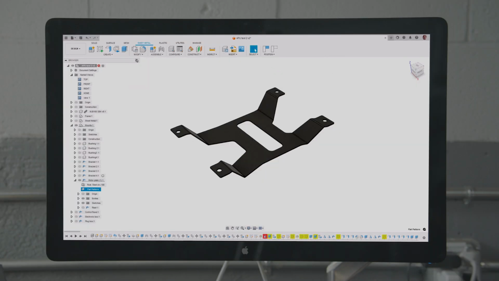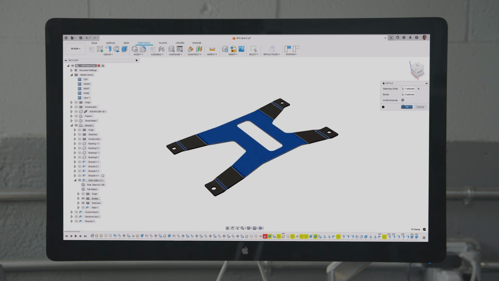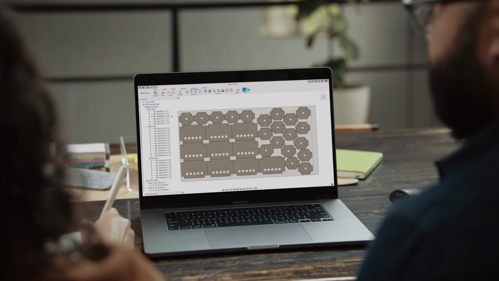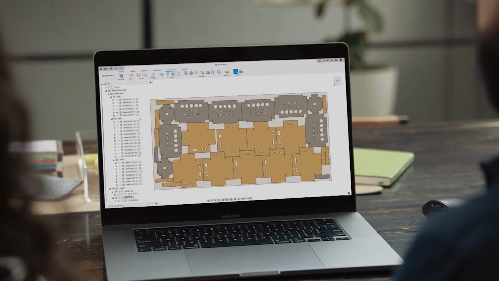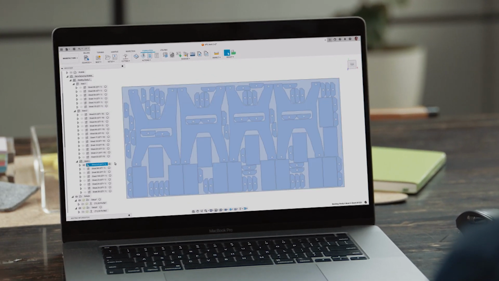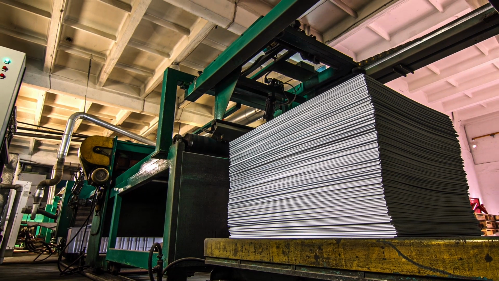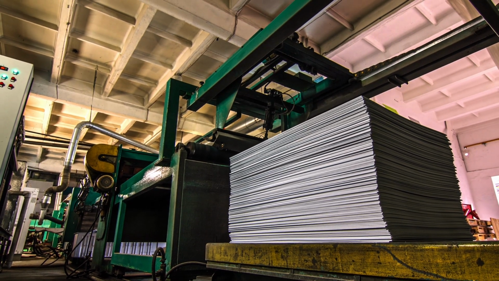These can be flattened into their 2D shapes and sorted into individual nests based on the automatic detection of material type and thickness. Powerful nesting and layout optimization tools allow you to arrange parts in the most efficient way possible. Comparison tools allow you to explore different nest solutions to minimize waste and maximize material usage, resulting in cost savings